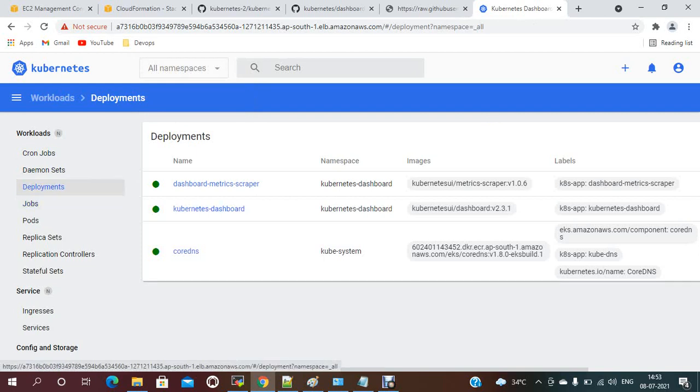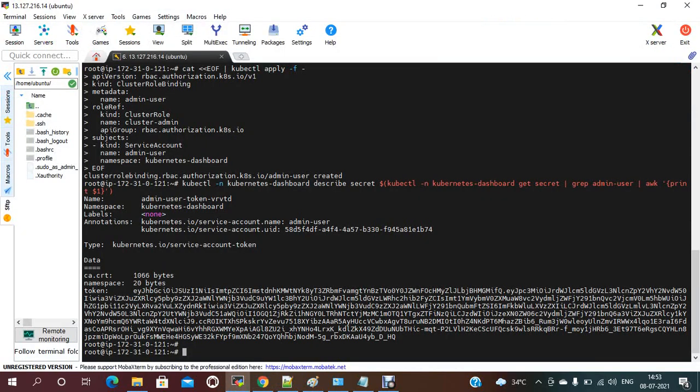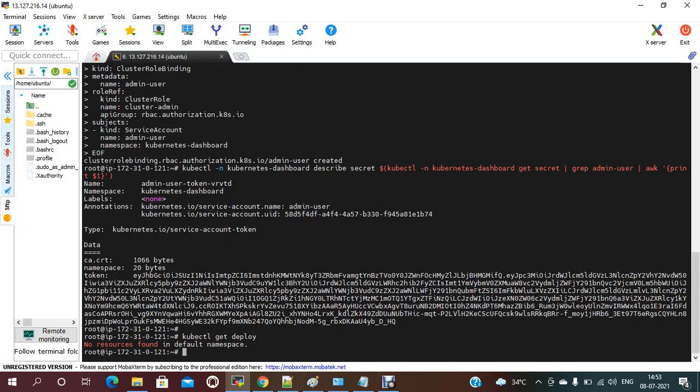It should be updated, the Kubernetes dashboard. Even if you want to check, kubectl get deploy, right? So here there are three. kubectl get -n kubernetes-dashboard.